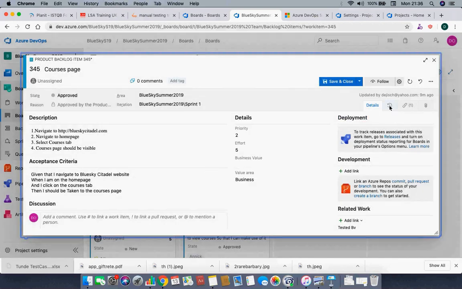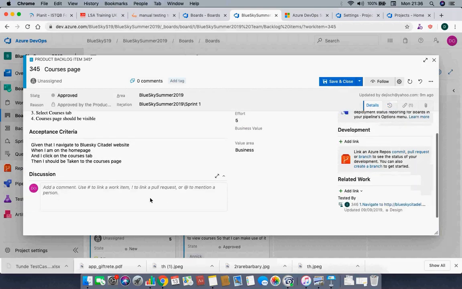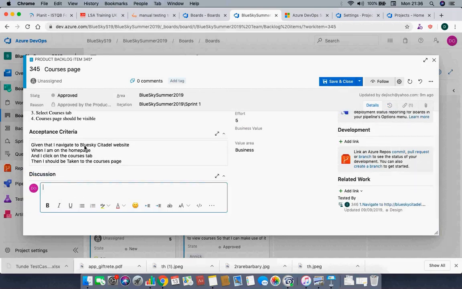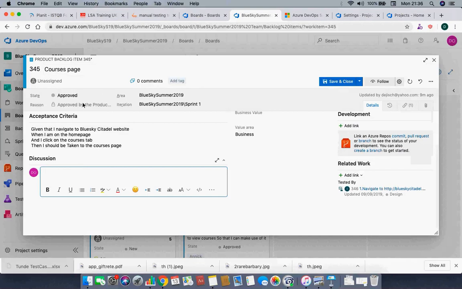Another thing I want to say is the discussion. When you are testing, or even as a BA, and you want to communicate with any member of the team, or with someone that has written the story, or you want to make a comment on that particular story, you can put your comment in the discussion, and you can actually mention the name of the person. So let's say I put @, my name, and then you can say the story is not ready for development